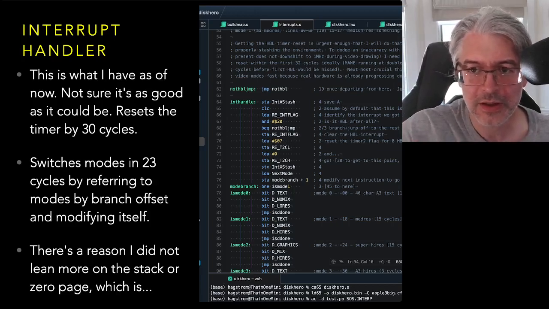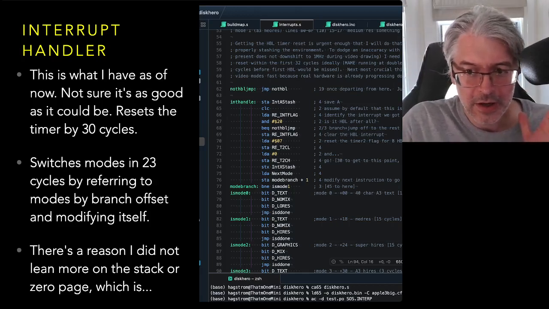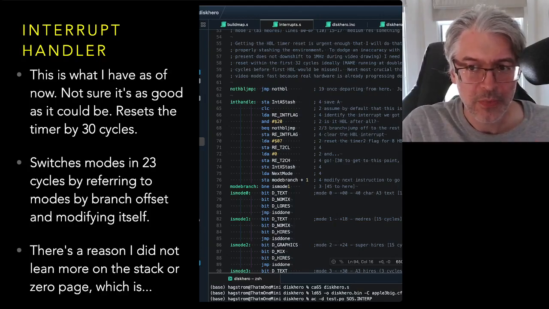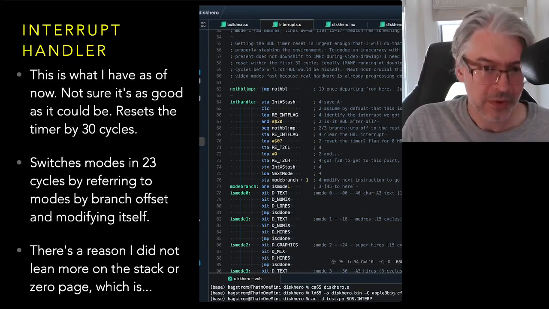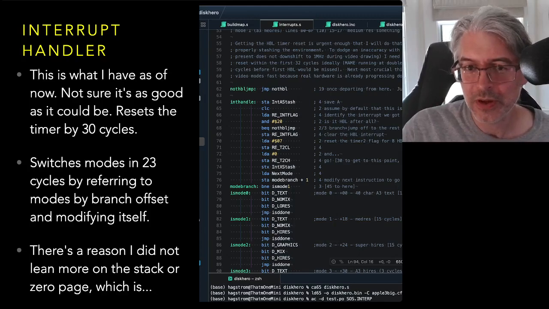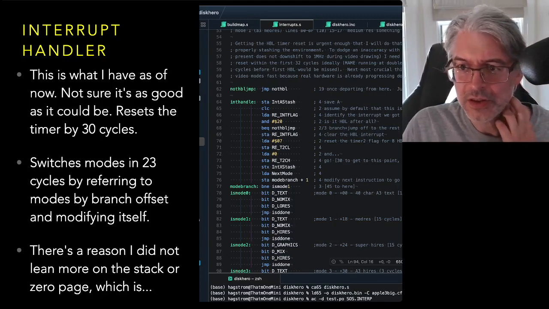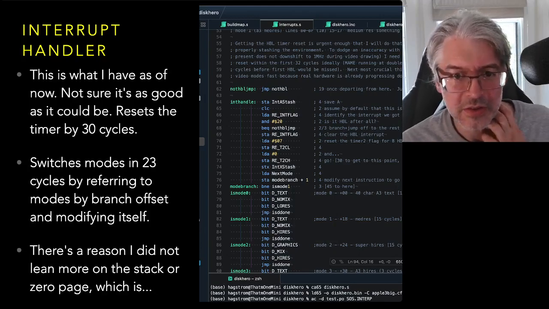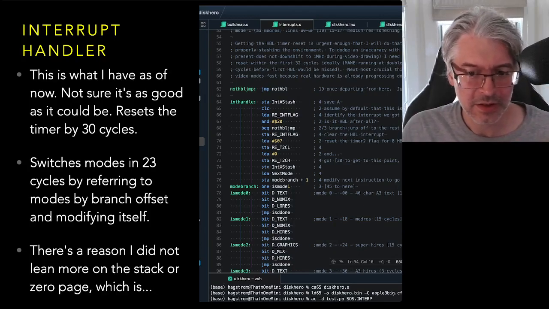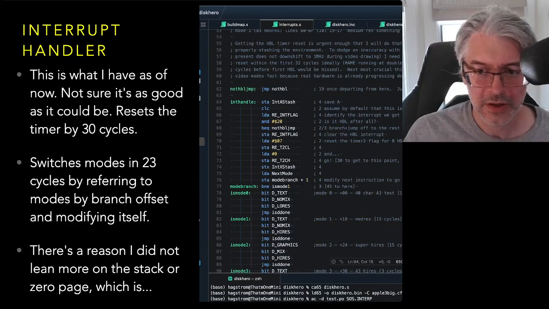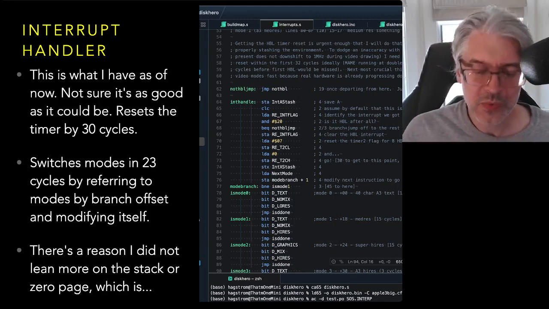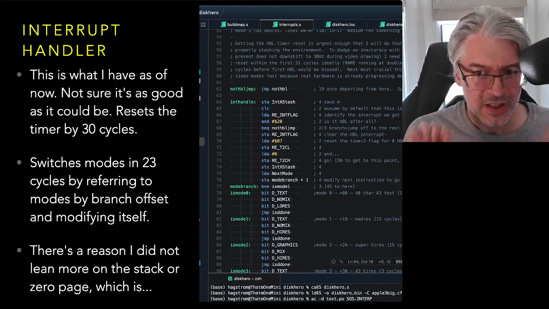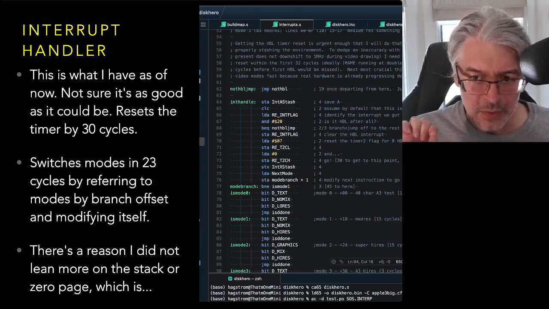I am trying to reset the timer before even MAME could get through a horizontal blank, and I managed to do it in 30 cycles, it looks like, by counting and not even saving the context until I know if I have to reset the timer. So I save the minimal amount of context, check to see if it's a timer, reset it if I have to,